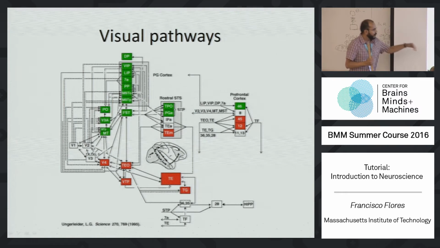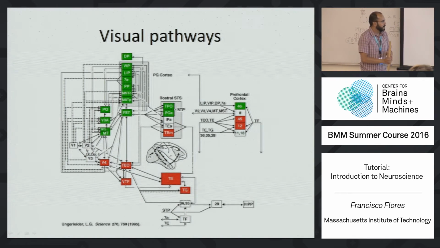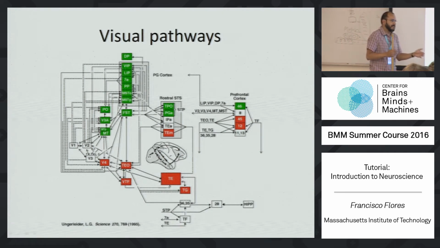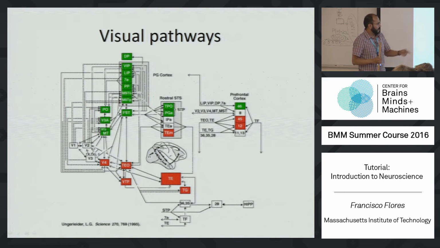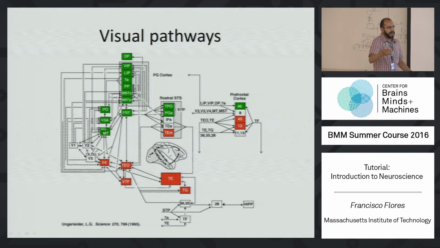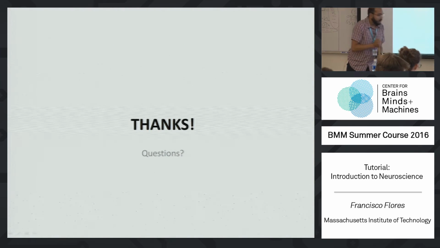So, kind of closing the circle towards the kind of stuff that you're going to be doing, this is basically how physiology and how these very basic experiments, even in an anesthetized animal, can inform the kind of architectures that are going to be used to build these detectors and different kinds of classification technology and all of that. So with that, I would like to finish.